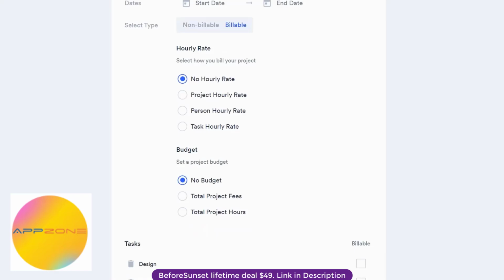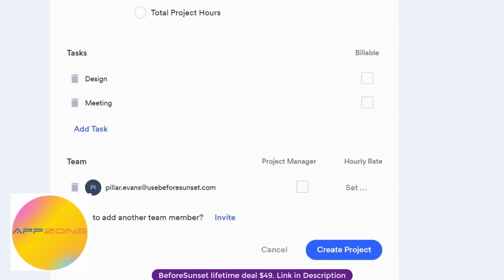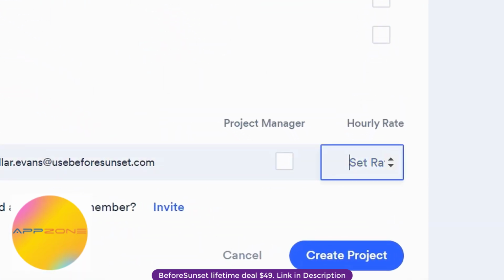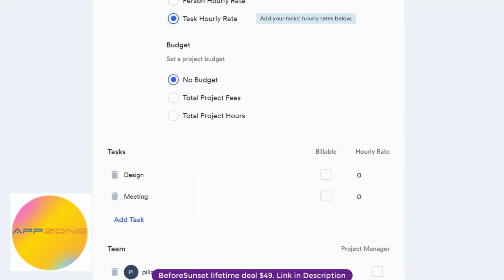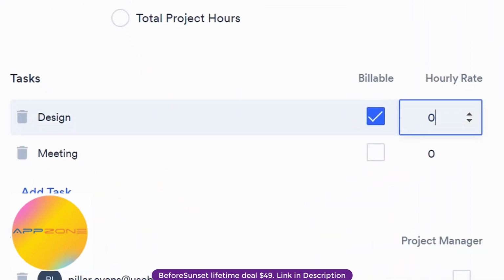The options here will include an hourly rate per project, per person, per task, or simply no predetermined hourly rate. If you're billing at a person hourly rate basis, you can go down to designate what the hourly rate of your teammates is going to be. If you've set the pay at a task hourly rate, you can scroll down to determine the billable tasks and